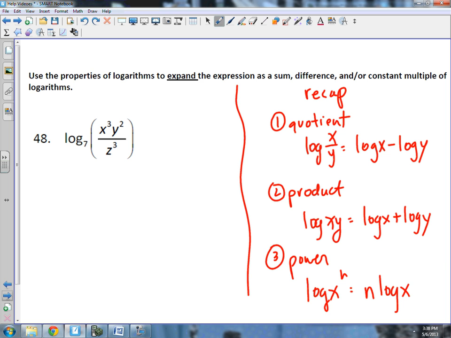So in this particular case, you got a quotient. I'm going to go in the order that I just wrote those. I'm going to see the quotients, I'm going to take care of the products, and I'm going to take care of the powers. So the first thing is I take care of the quotients. So I would split up the 2 things that are divided